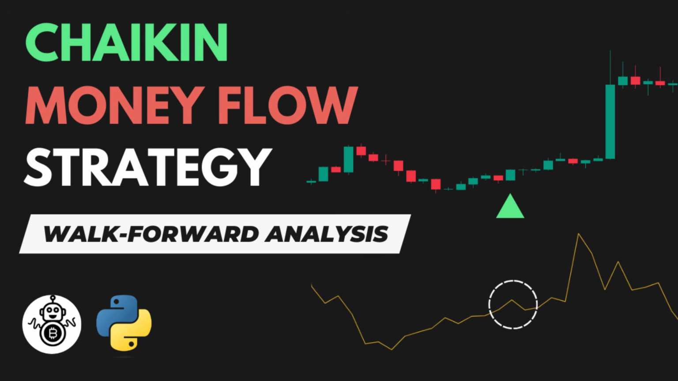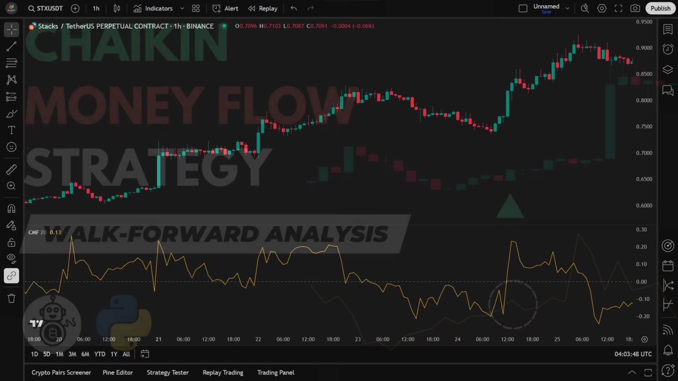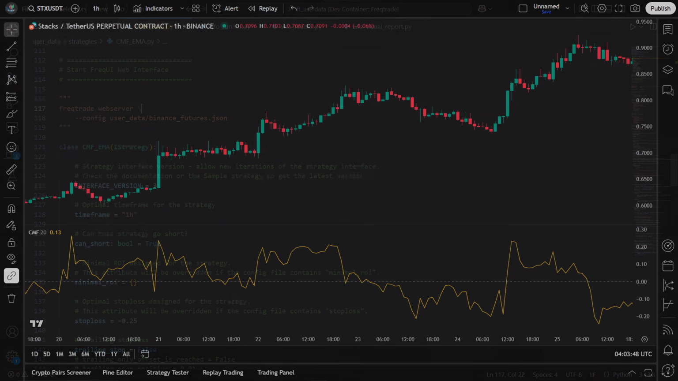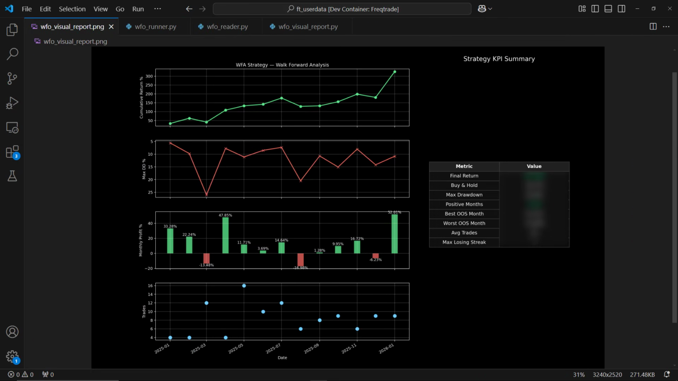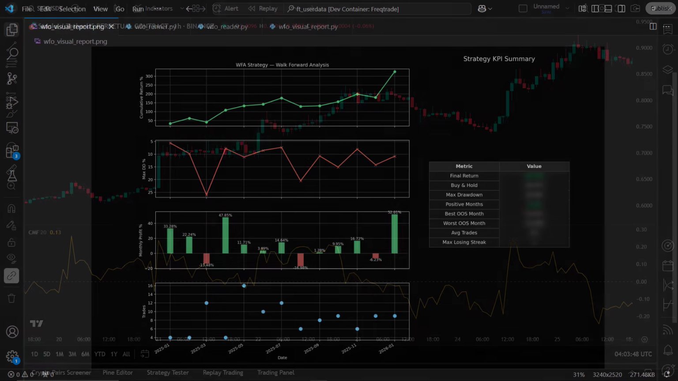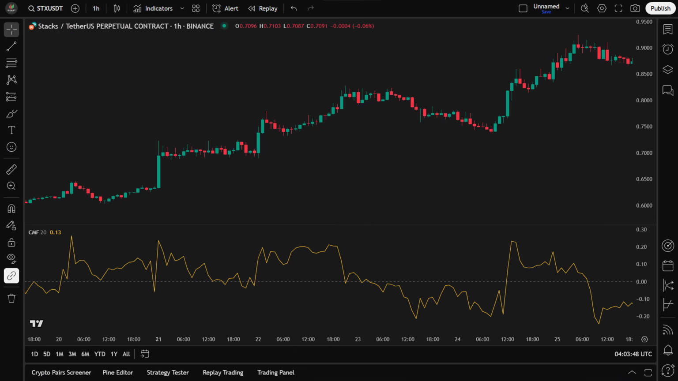Hey everyone, in today's video, we're putting a Chaikin Money Flow volume trading strategy to the test. We'll code the entire strategy in Python, optimize it using Freqtrade, and run backtests to evaluate its performance. Let's dive in. Before we dive into the coding, let's first break down the key indicators we'll be using in